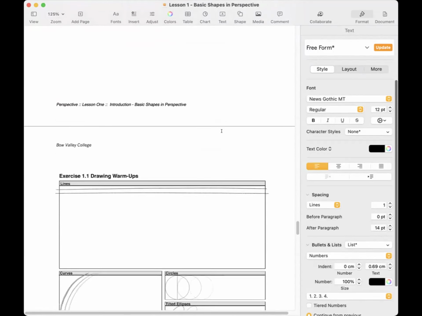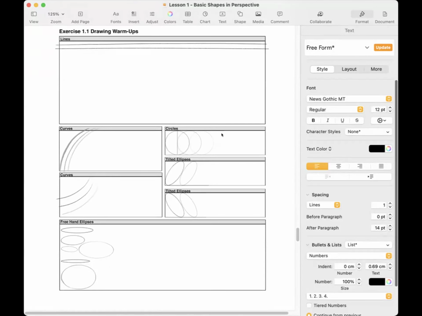Hey, what does your warm-up sheet look like? In your handout, you're going to have this there. Your job is to fill these things in. I'm going to show you how to fill those things in. Consider this as kind of analogous to, say, warming up before you play a sport, warming up before you play an instrument. You don't just step out onto the ice and start sprinting and ripping pucks at people. Generally, you stretch, you do whatever it is you do. Pick the sport of your choice.